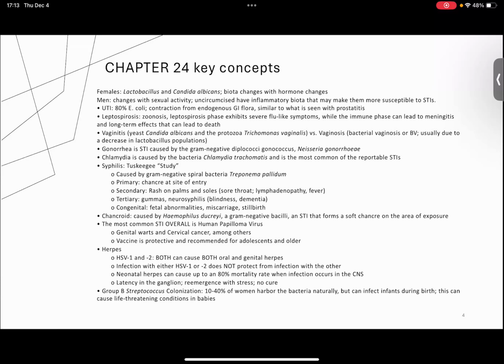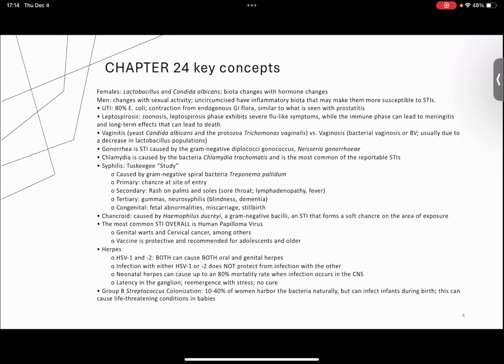Men also, uncircumcised men tend to have a different biome that lends to more inflammation, and that naturally has nothing to do with hygiene. It's just a natural biome associated with being uncircumcised, which makes them more susceptible to sexually transmitted infections. In this chapter, we talk about some things that are sexually transmitted and some things that aren't. For the things that are not necessarily associated with sexual activity, we have urinary tract infections, leptospirosis, vaginitis, and group